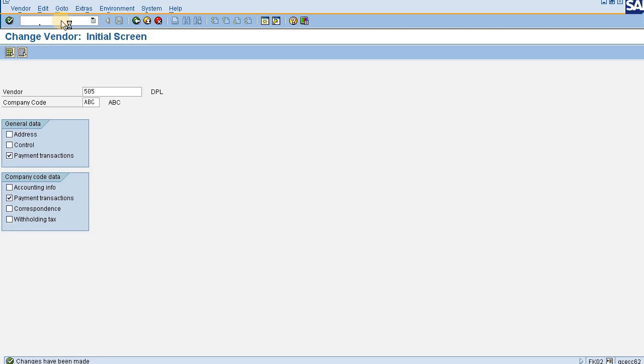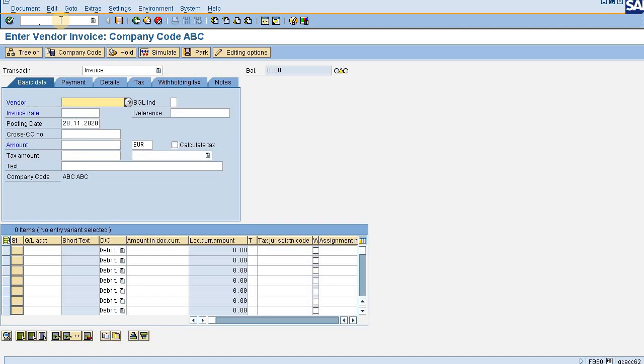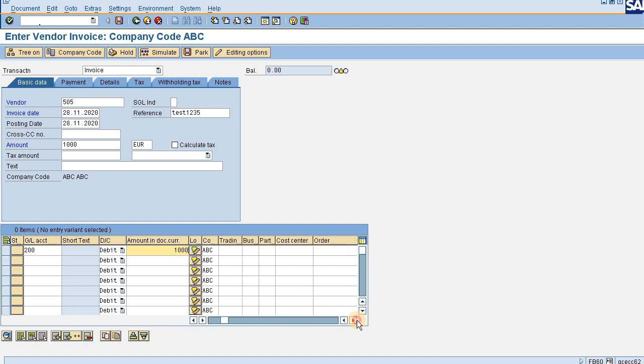and then accordingly I'll pay, and I'll show you that the second bank account is being used. The Yes Bank account is being used, which is the bank account ending with 3999. So I'm putting my vendor number here, putting the reference, invoice date, let me put the current date as the invoice date, amount let me put 1000, then GL account, let me pick up any account, amount 1000, let me give a cost center as it is a required field here, cost center given.